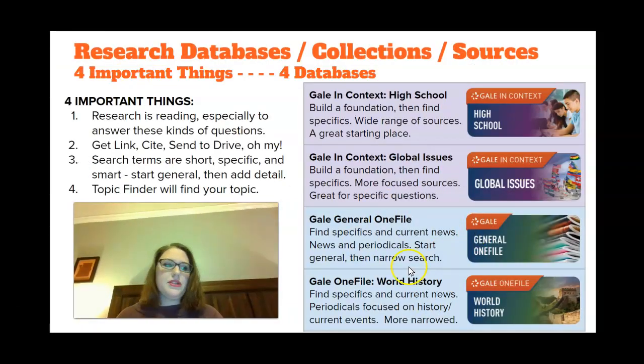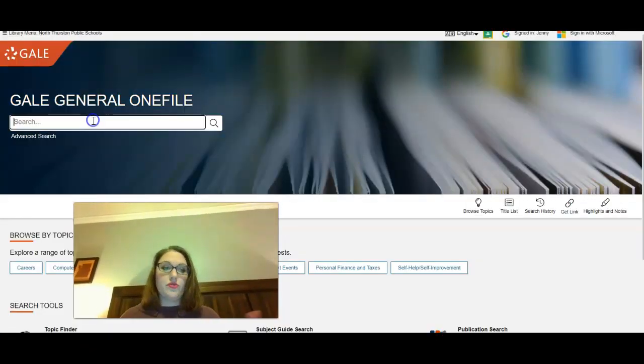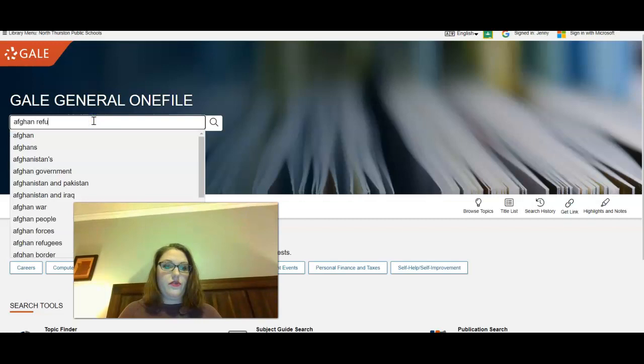All right, your other 2 databases here, you've got Gale General OneFile and Gale OneFile World History. These are no encyclopedias, just periodicals, newspaper, magazine, journals. So the world history one is very focused. It's only pulling its search results from journals and publications that are about world history, including contemporary and current events, okay? So the General OneFile might be the right place to start for a more general search like Afghan